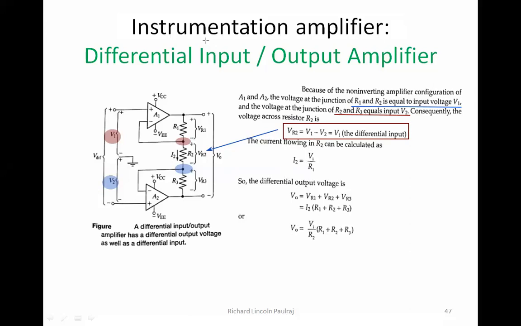I hope you have understood this concept. So V naught is equal to VI by R2, and R2 is playing a very major role. Understand here, students, if I vary the value of R2, it's going to impact I2, and if it's impacting I2, it's going to impact my output voltage. So there's a massive relation between R2, I2, and V naught. I can say that the controller here is going to be resistor R2.